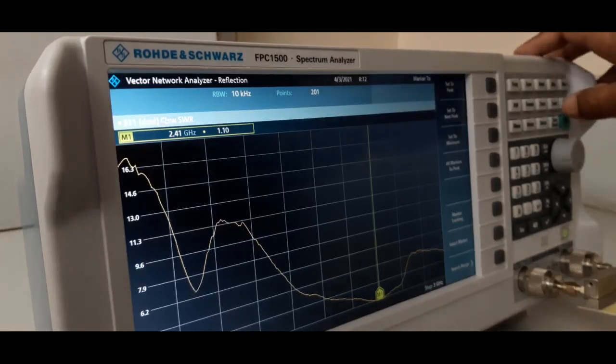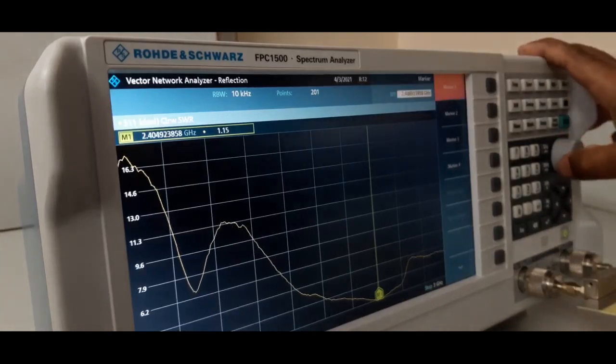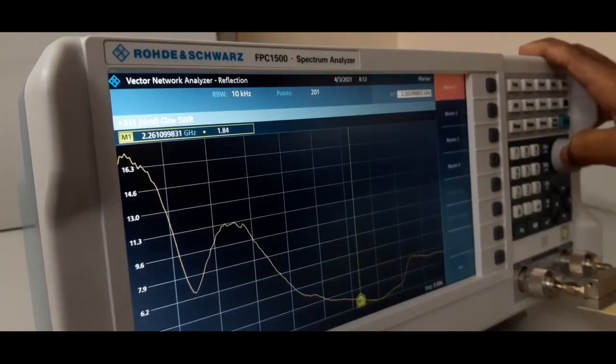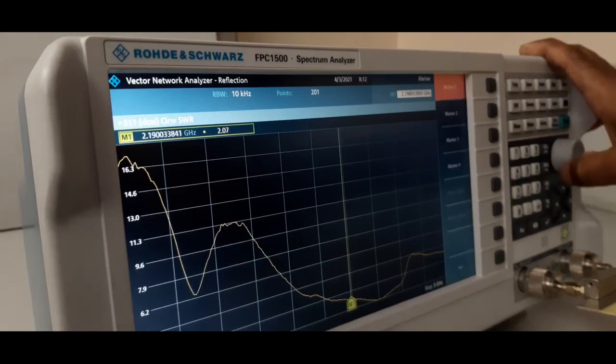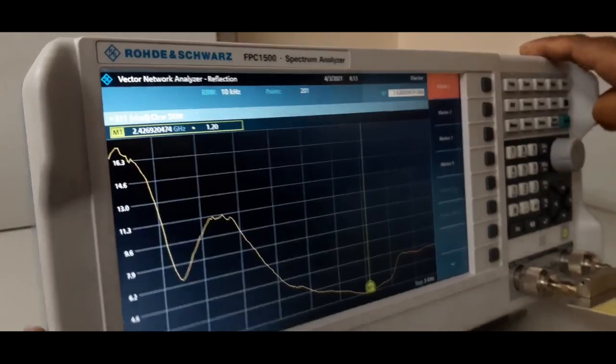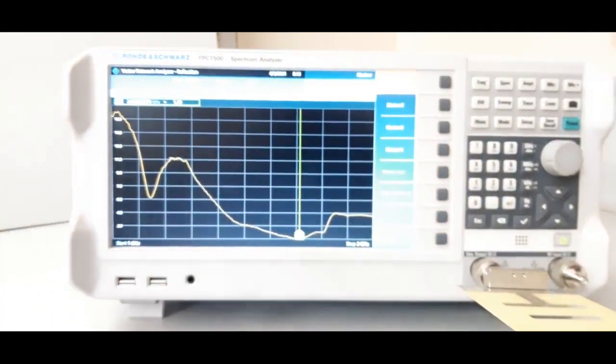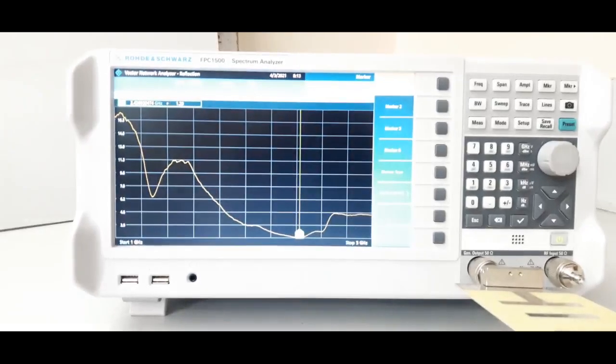If I move the marker, you check, see some other frequency, it is increasing. At 2.21 gigahertz, it is 2.02 VSWR. So, it is increasing, it is very low at 2.4 gigahertz, 1.18. So, we found VSWR also.